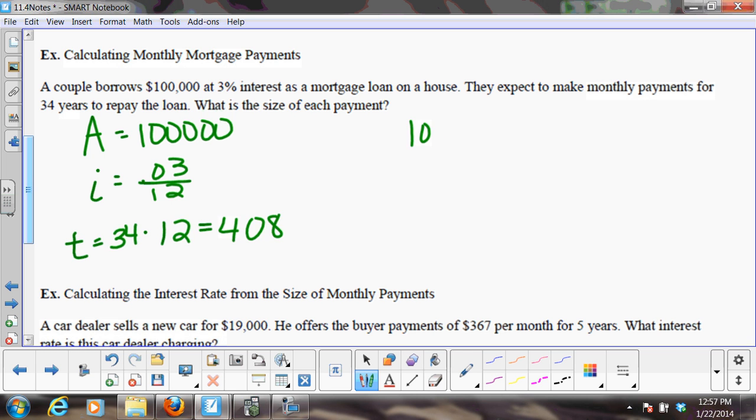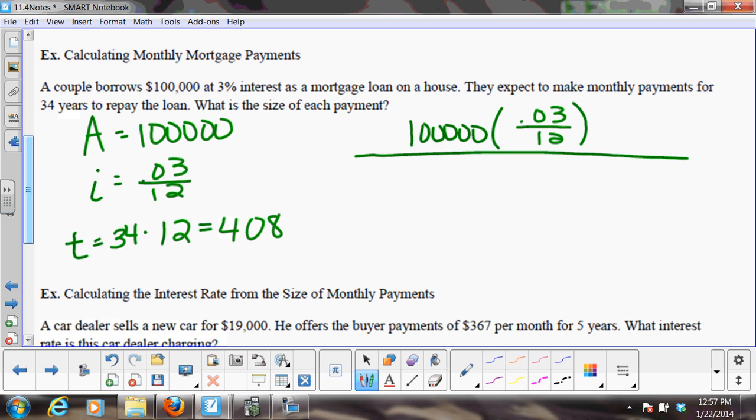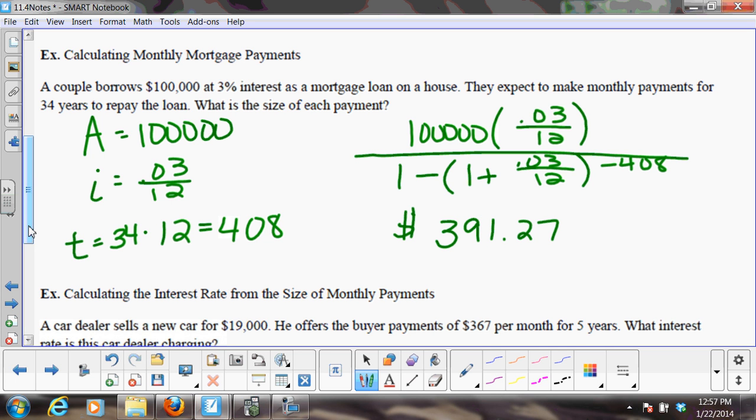Plugging the cell in, 100,000 times our interest rate divided by 1 minus parentheses 1 plus our interest rate to the negative 408. Once you type that all in, $391.27 is our monthly payment on a house, which doesn't seem too bad, but just remember, not only are you paying that monthly, you are also adding in your taxes monthly,